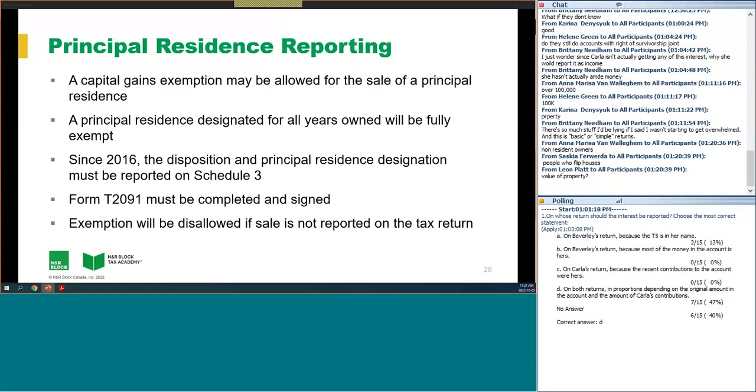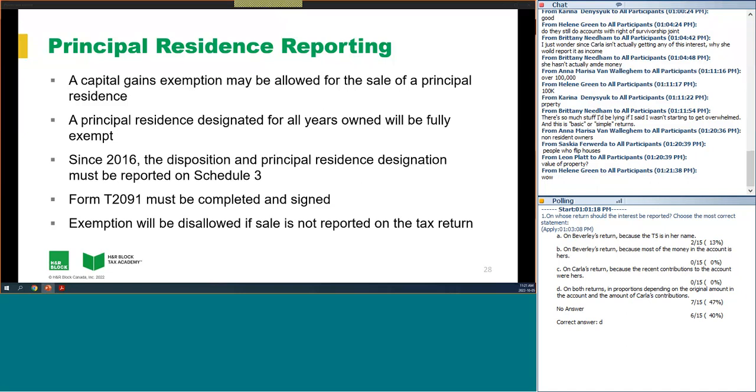The way they're catching it is looking for people reporting the disposition of principal residences. And if you dispose of 4 principal residences in a year, the CRA is going to knock on your door and go, are you sure that those were your principal residences and not the assets of your house flipping business? So that's really the reason they're looking for this. It is important because if we don't put it on the return, then it is not exempt. If you don't ask for the exemption in the year you sell your home, then you have to pay tax